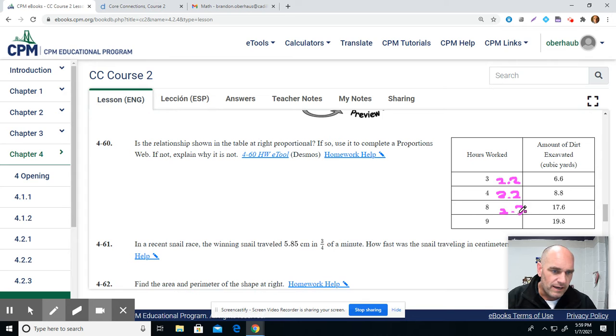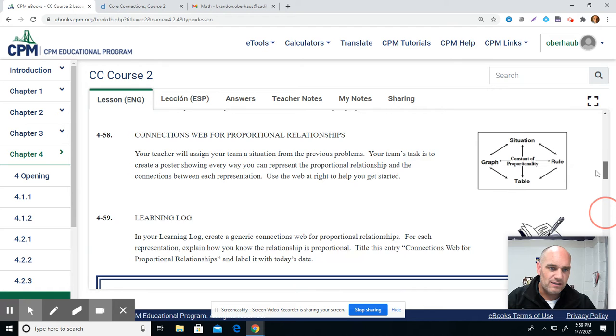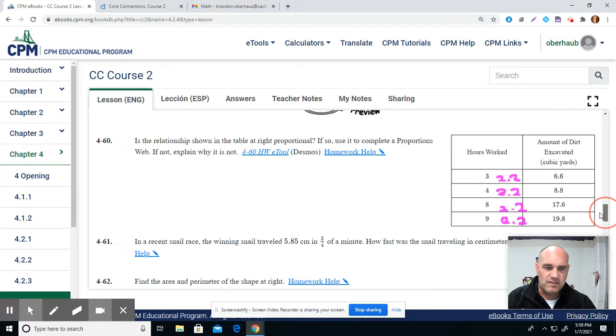And if you do that, do you get the number on the right? So I'm going to leave that up to you to figure that out. Also, if it is proportional, then you have to do a proportion web. Hint, hint, maybe these are proportional, but check this out. When you do that proportion web, here's what I want to make sure that you see. So remember, an example of the proportion web is up here, but I just kind of want to clarify that